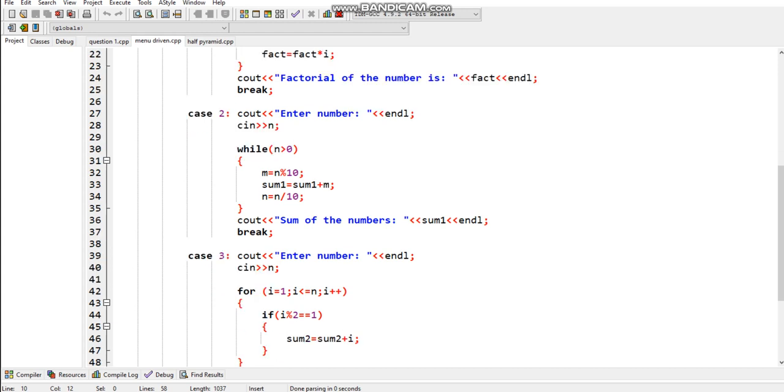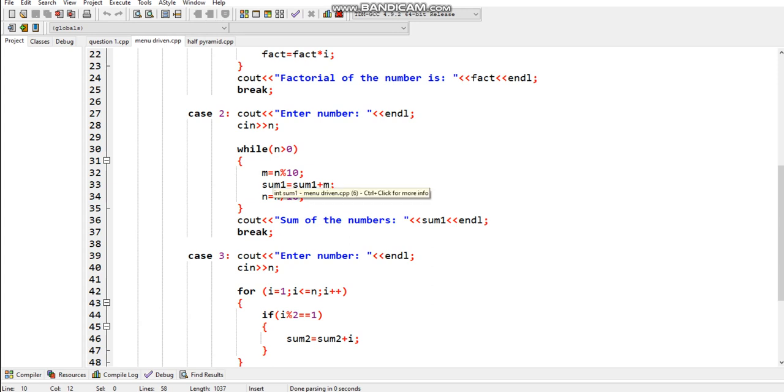In the second case, the sum of numbers. While the number is greater than 0, because if the number is less than 0, it will go negative. So we have taken n greater than 0. So m is equal to n mod 10. It will take the number modulo 10 and store it in m.